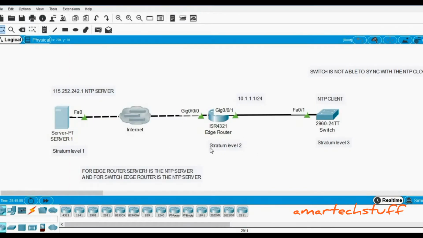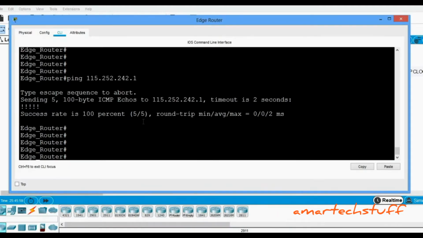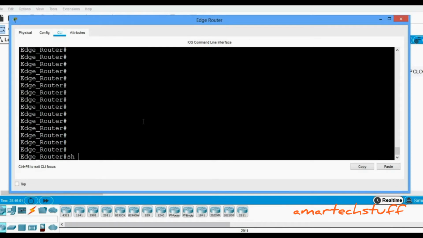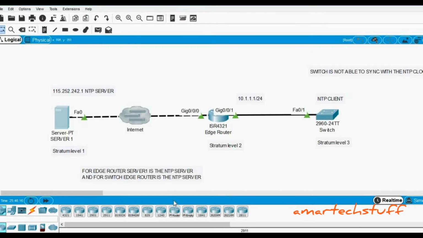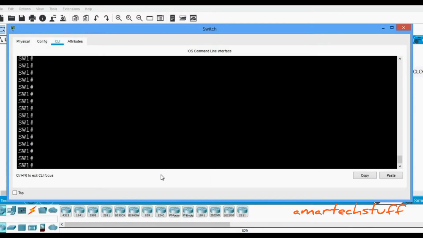Now I'll just show you the router. I have already checked on the router, and you can see here, this is the time. So the router is correctly getting synced with the NTP server, and it is showing the correct time, but our switch is not showing the correct time.